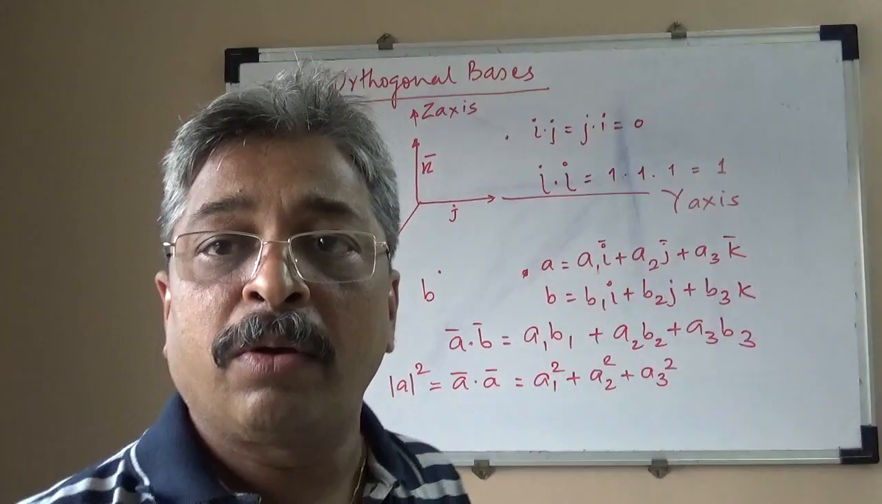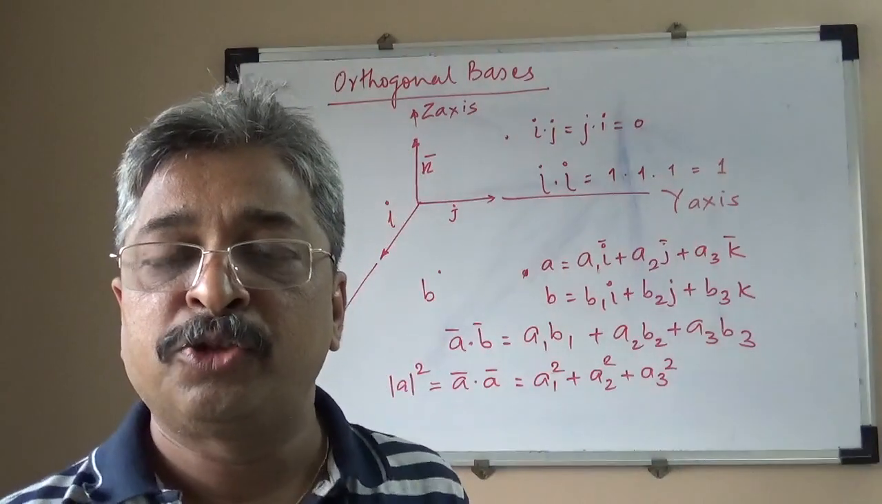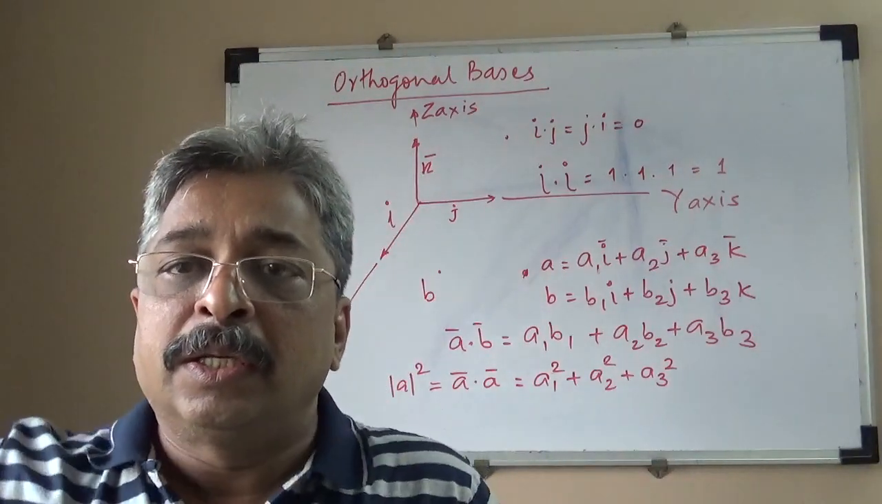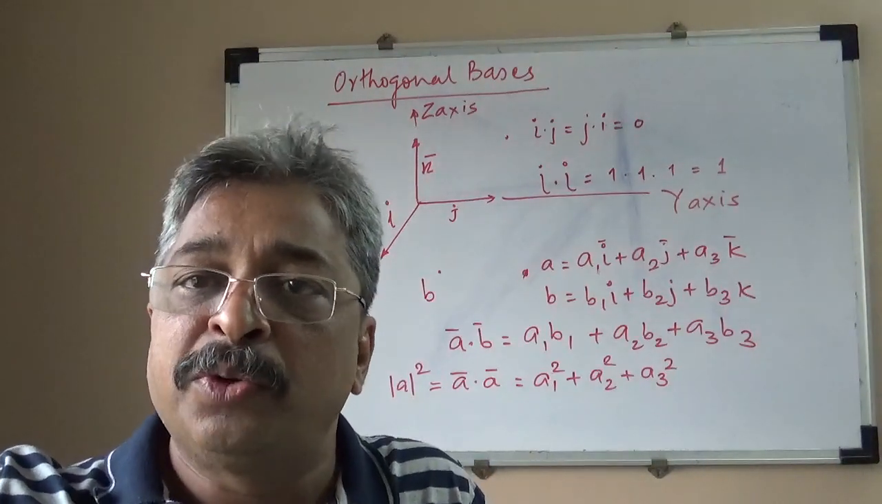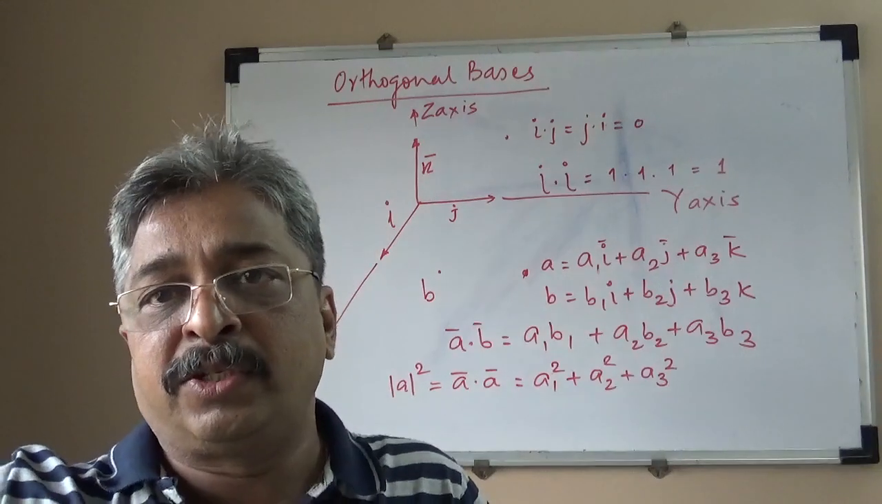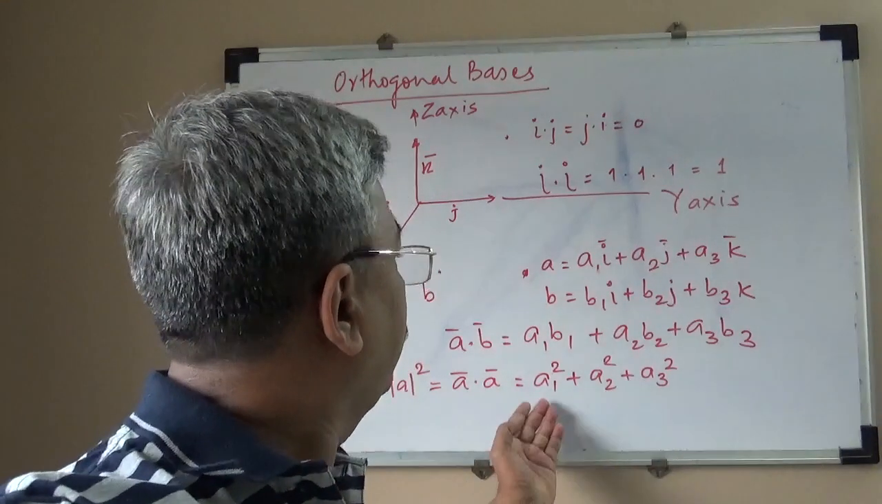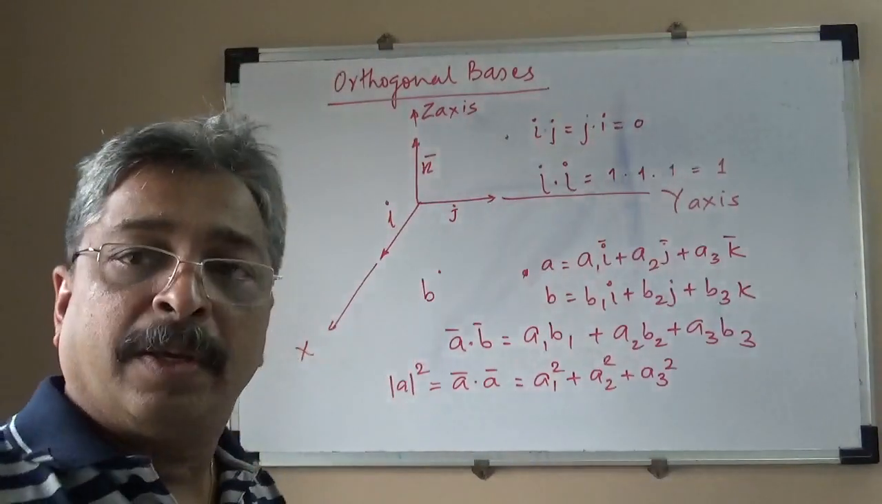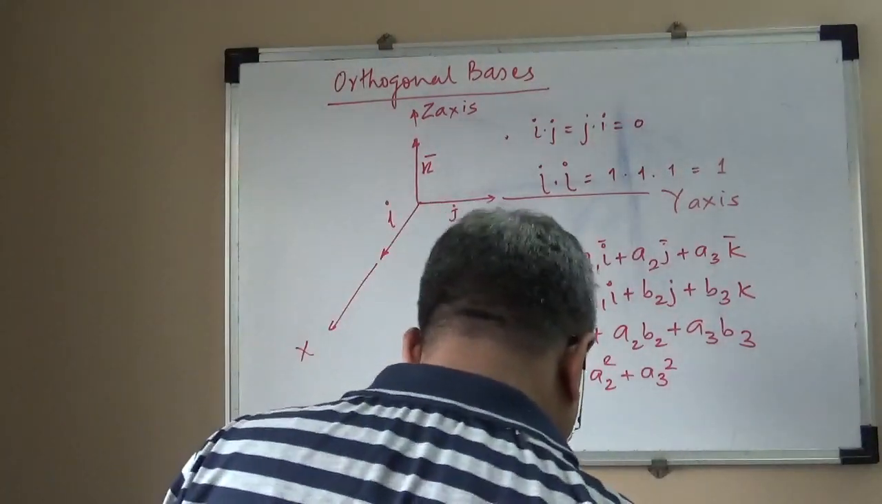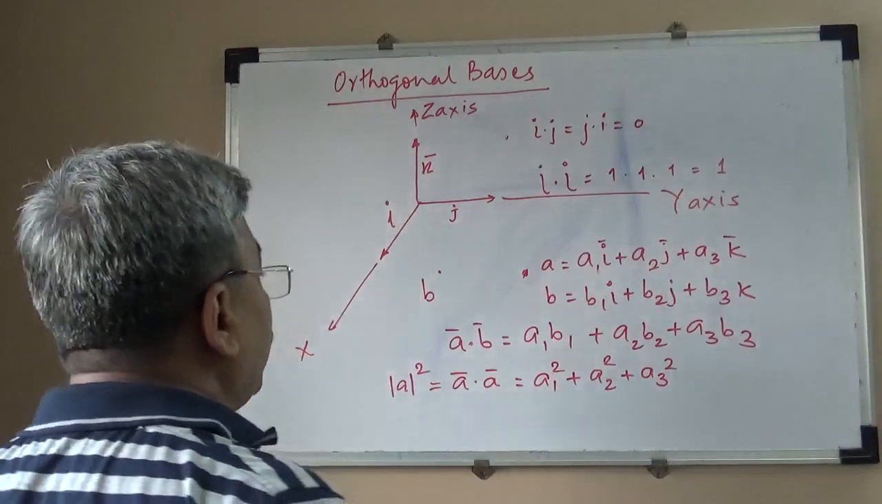So the length of any vector in three-dimensional space: the square of the length is equal to the vector's dot product with itself. And if we have the components A1, A2, A3, then it will be something like this. Similarly, we can find out